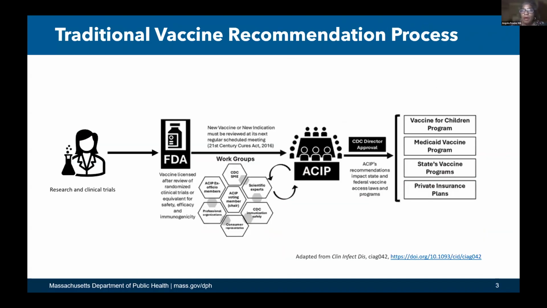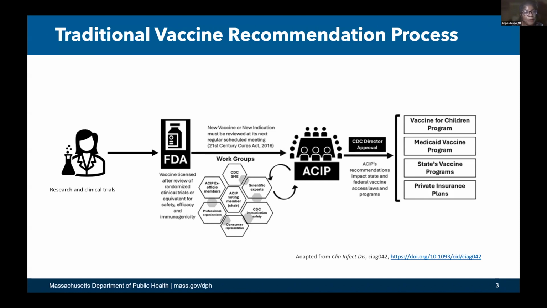So I'll talk a little bit about how vaccines are typically recommended in the United States, because I think most times historically it's really been in the background. Most people don't really think about vaccine recommendations that much. I've heard it quoted that effective public health is invisible, and I think that's true. We don't really think about it typically. So what typically happens with these very important public health tools is that there's a very systematic and scientific process that gets them from the research that's done to support their safety and effectiveness all the way through to recommendations and implementation